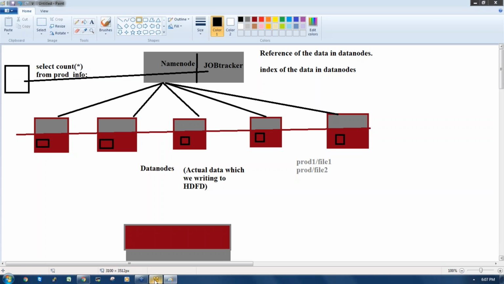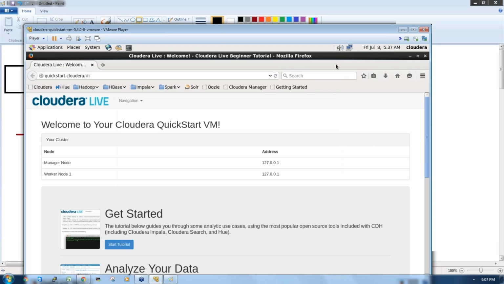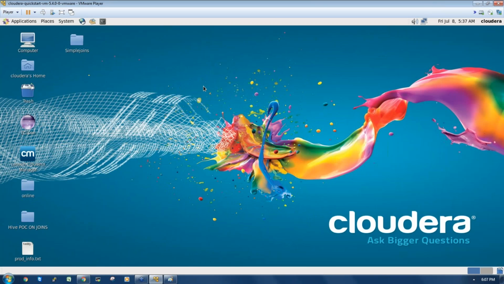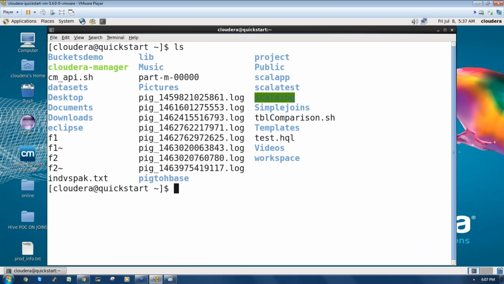So first, what I did here, you can see, I'm going to show you one example. Okay, so this is the Hadoop environment which I'm using. It's a Linux terminal. If you write ls, it will give you the local file system. The local file system means the files that come with the operating system. And we also have a Hadoop file system. In the same disk I have installed Hadoop, so the Hadoop file system is available.